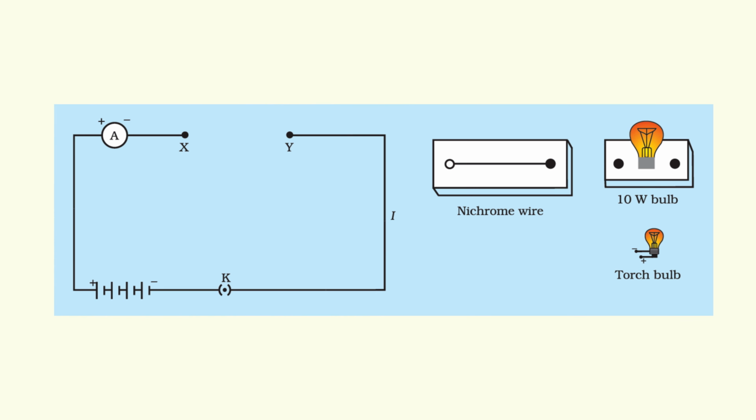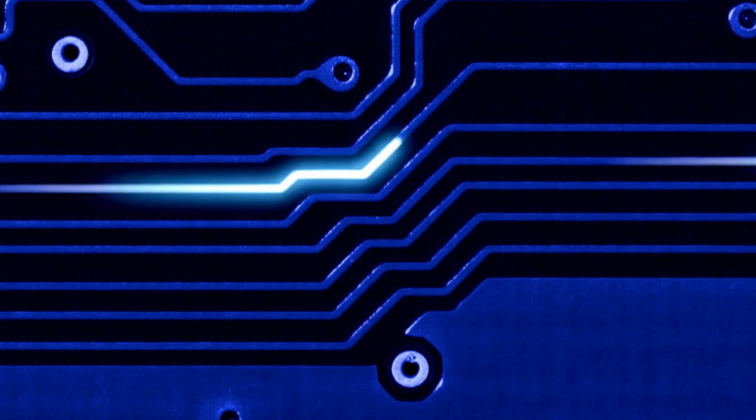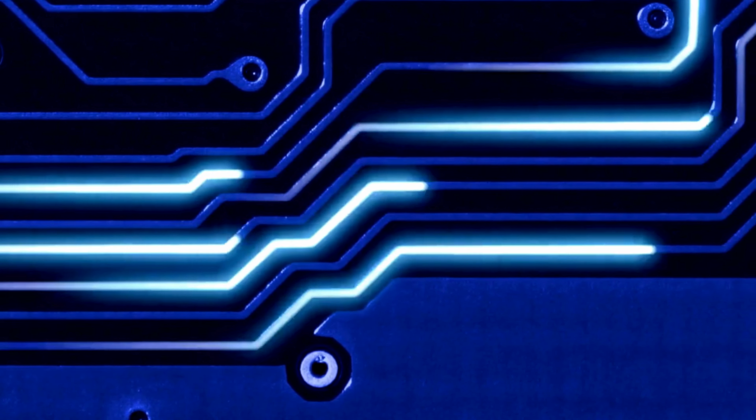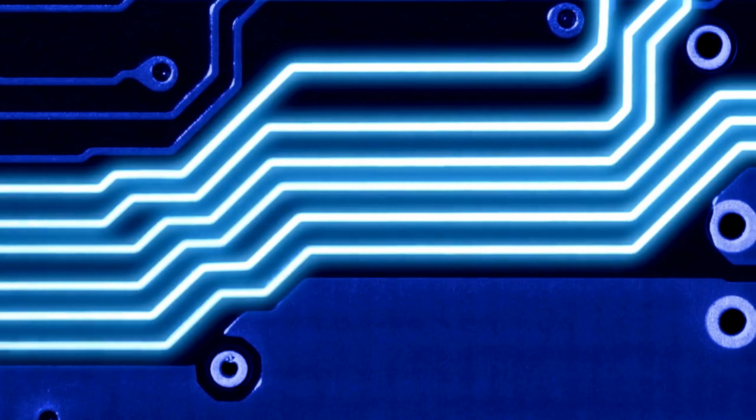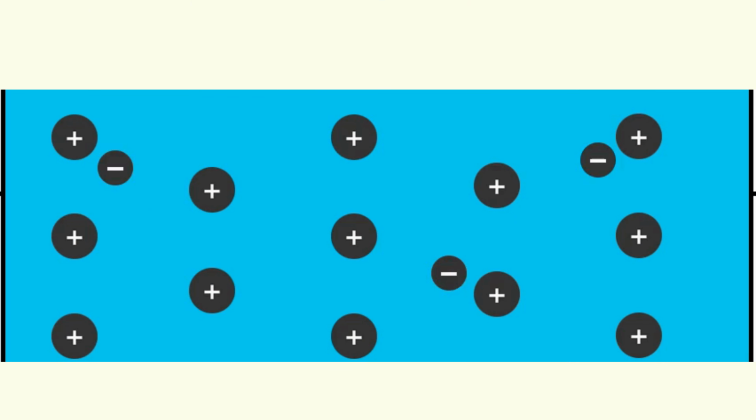The current varies for different components in a circuit. But why does it differ? This happens because certain components provide an easier path for the flow of electric current while others resist it. We know that motion of electrons in an electric circuit constitutes an electric current. The electrons, however, are not completely free to move within a conductor. They are restrained by the attraction of atoms among which they move. Thus, motion of electrons through the conductor is retarded by its resistance.